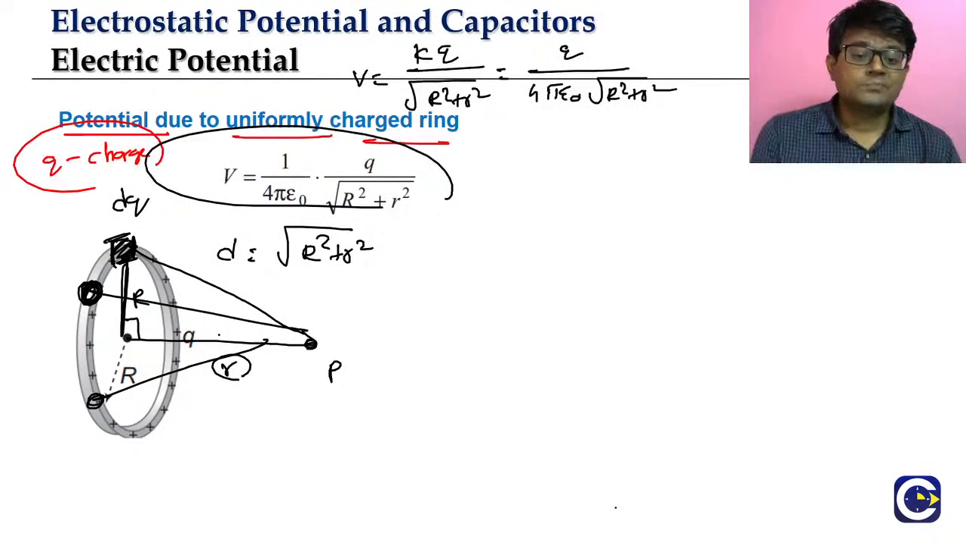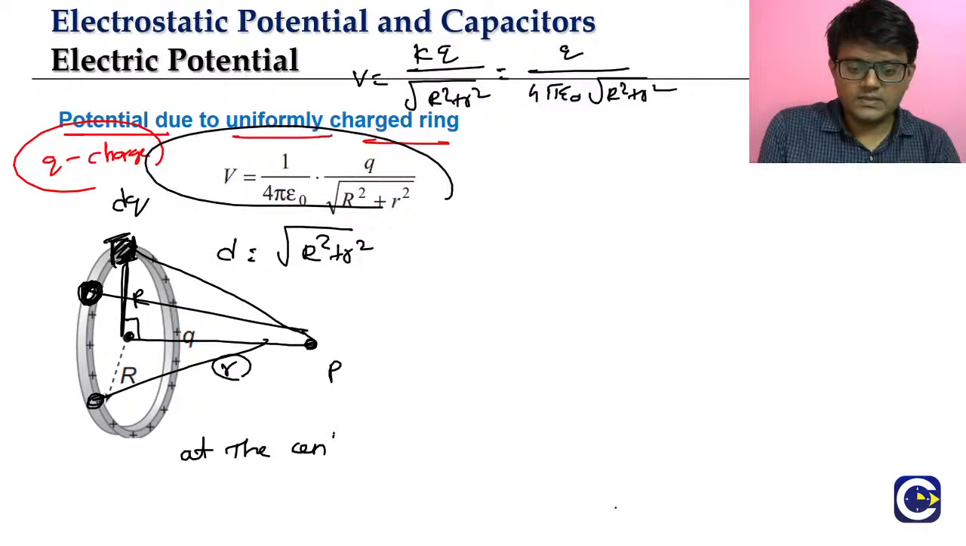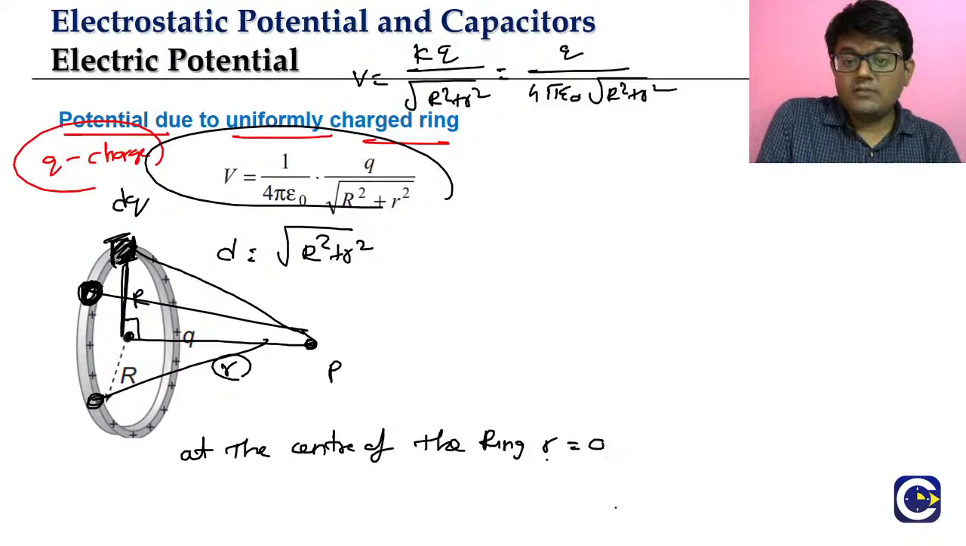Observe one thing: suppose we are exactly at the center of the ring. If you are exactly at the center of the ring, then smaller r will be 0, because smaller r is the distance of the point from the center of the ring, which is 0. Now substitute smaller r as 0. What do you get? Root of capital R square, which is R. So potential will be